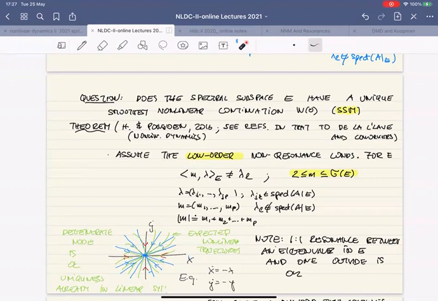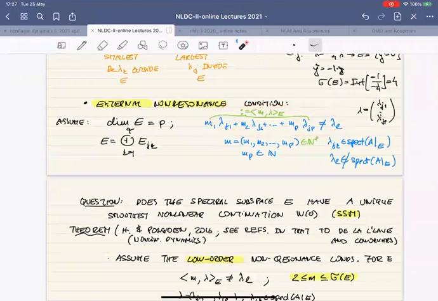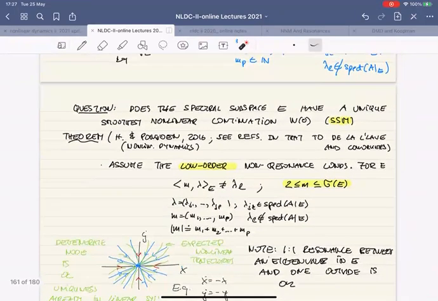So assume this is the theorem as we translated it, or actually not just translated, but applied it to this particular setting, because the original result is for general mappings on Banach spaces, none of the notation that I have here. So assume that you've selected a spectral subspace E, and you hope to be able to continue that, and assume that there is no low order resonance. So the low order non-resonance conditions are satisfied in the following sense: you have a non-resonance condition as I have spelled out here, but I only want that to hold for m